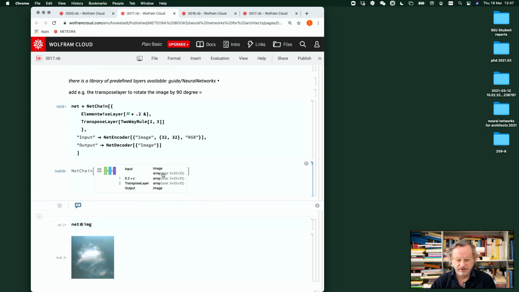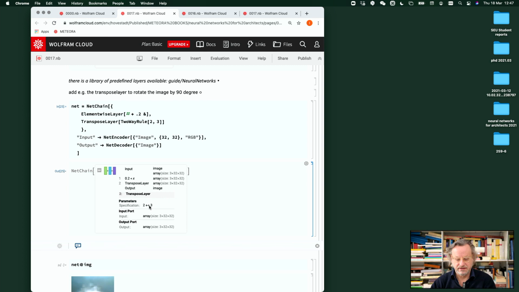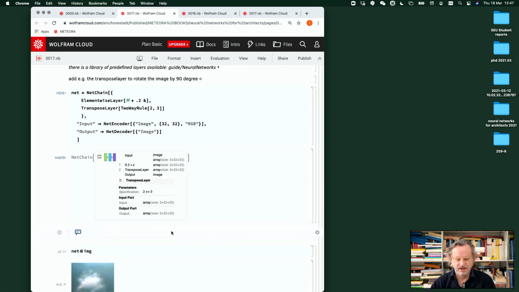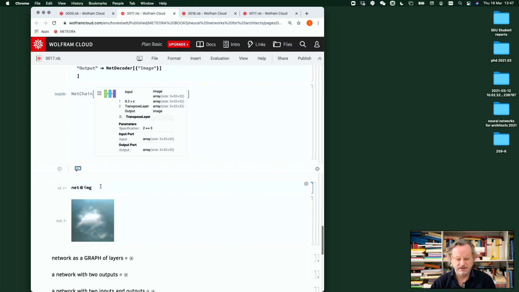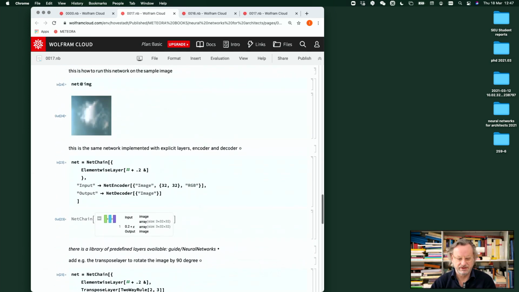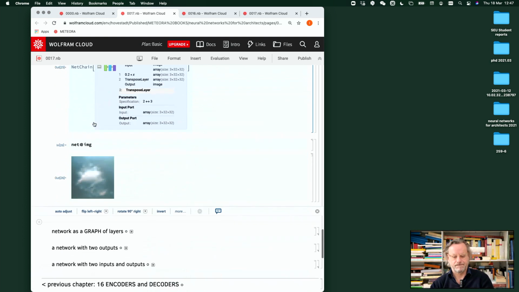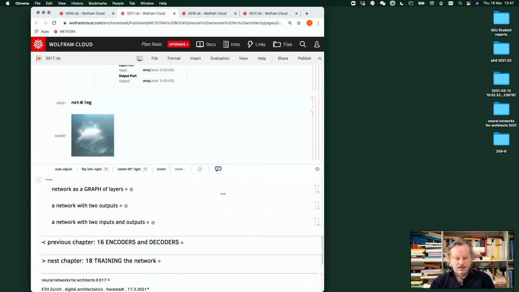We have an input towards this array. We apply to each element of this array our pure function, and then we apply this layer to change the second with the third dimension to rotate the image. This keeps the size the same, and then we go to the output, render that as an image, and this looks like this, which is a rotation of this. So, done. Simple. Good. Next,